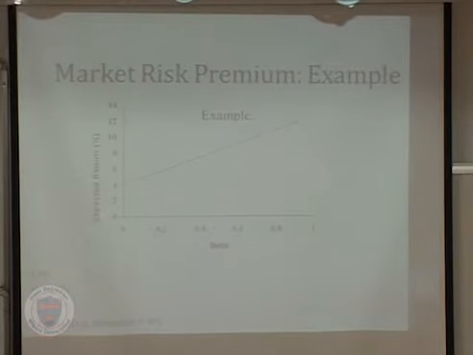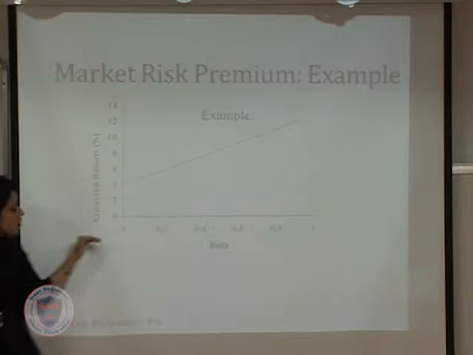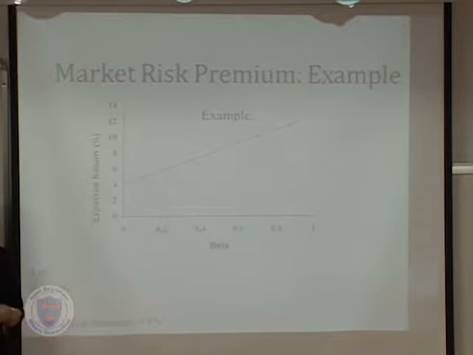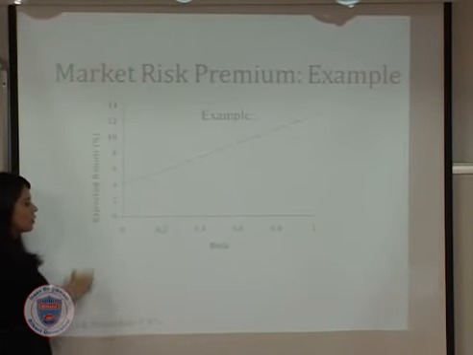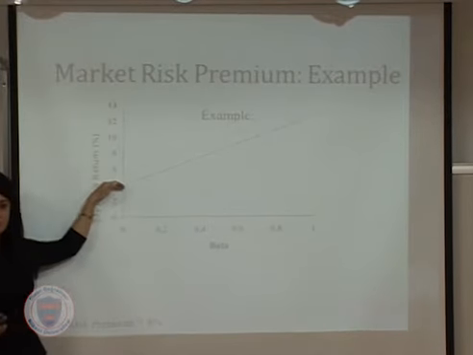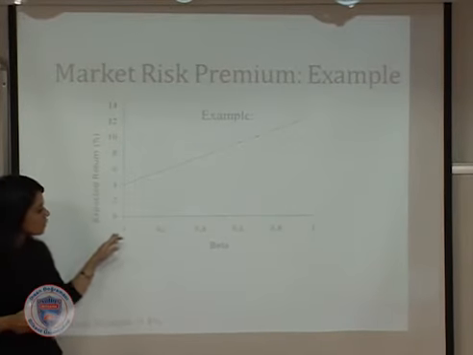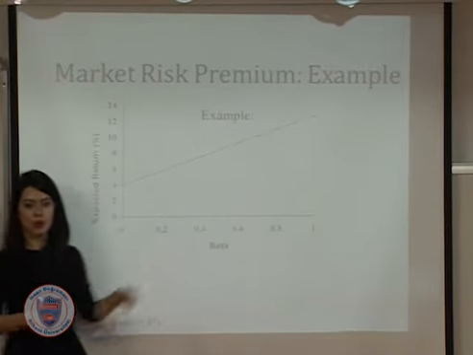This is the security market line, which is the graphical representation of CAPM. This is also important. Here on the x-axis, we have beta. On the y-axis, we have the expected return. In order to graph the security market line, we need to know two things actually. We need to have two dots. One dot will be your y-intercept. When your beta is 0, what is the expected return? The other one is when your beta is 1, what is the expected return?